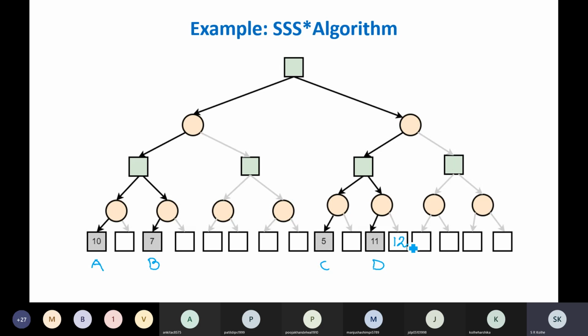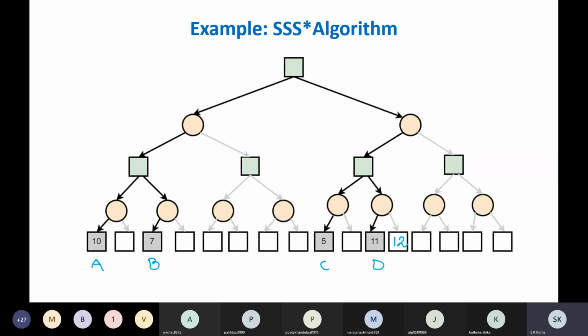11 was the upper bound on this cluster. D was the cluster with the better value. It was a terminal node. We label that as solved. So since it was solved, max, it had a sibling, we evaluated it and that came out to 12. This will not change the upper bound on cluster D. Upper bound on cluster D was 11.